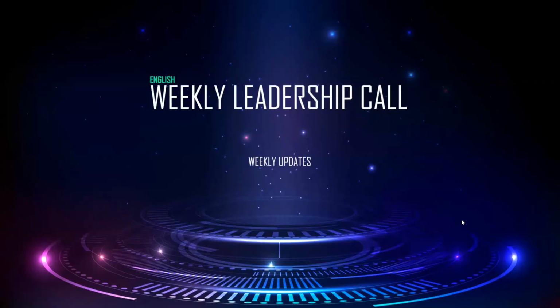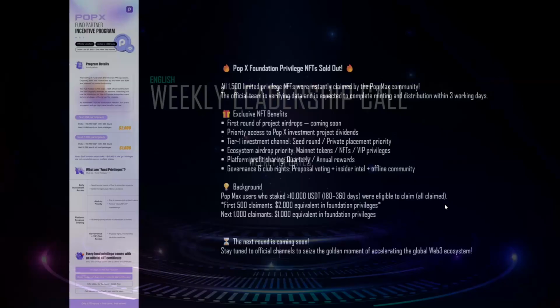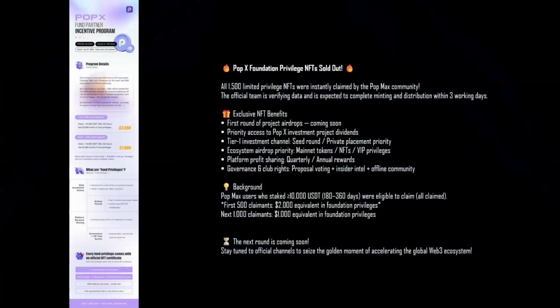Now, let's see if I can move this one. There we go. So as you know, the PopX Foundation promotion that we had a few weeks back was sold out, of course. And also what they have done is they have sent out the NFT for everyone. And this is the explanation how you can find your NFT and how you can actually import it to your MetaMask. I do know some of you already have done it, and I know some also have other wallets than MetaMask. Maybe there's different ways to do things, but I'm going to show you how you do it in